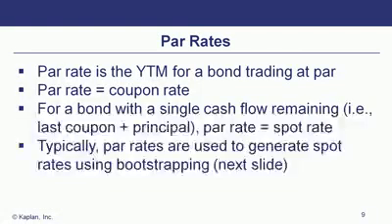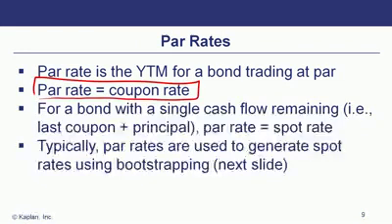Okay, what about par rates? So par rate is the yield to maturity for a bond trading at par. So if we were to force bonds to trade at par, what would be the par rate? And then we can look at it for different curves. So we can get a par rate that is going to be equal to the coupon rate, right? And then we can, from that, build a